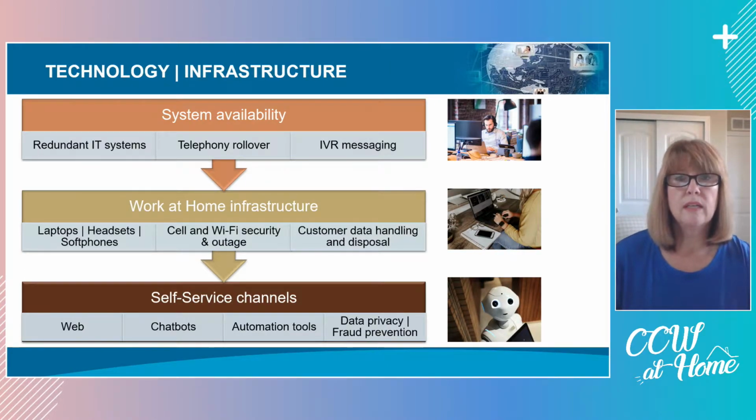Until COVID, system availability was the most likely disruption that was included in BCP plans. So most plans included redundancy in core IT systems, rerouting calls, as I mentioned, and being able to change IVRs to redirect customers. But rerouting calls isn't always possible, even in a non-COVID world. It's either not feasible or it's not optimal from a customer perspective. For example, politics and language requirements can make it impossible to route calls.